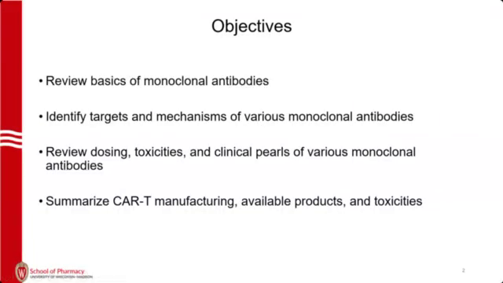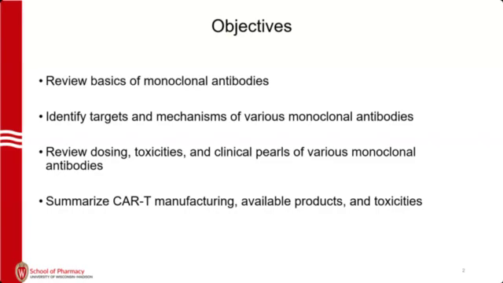For some objectives, we're going to review the basics of monoclonal antibodies, structures, and functions. We'll talk about the targets and mechanisms of action of those that are approved currently for hematologic malignancies. We'll review dosing, toxicities, and clinical pearls for various monoclonal antibodies, though unfortunately this lecture used to be much more comprehensive. Now we are very much hitting the surface level of a lot of these agents. And then finally, we'll summarize with CAR-T manufacturing, available products, as well as toxicity management, and some look-aheads for CAR-T